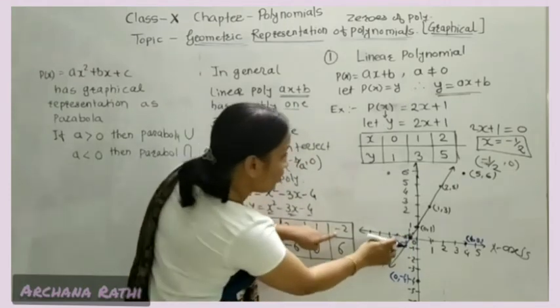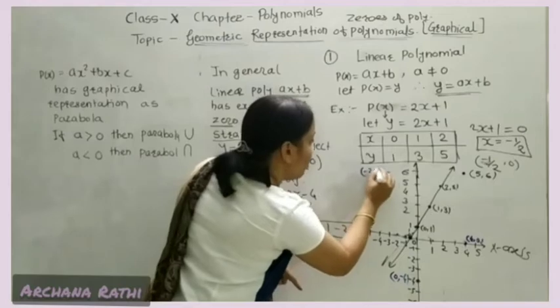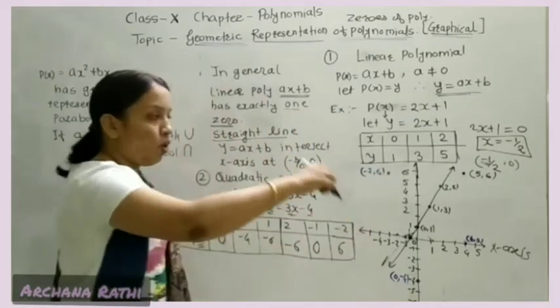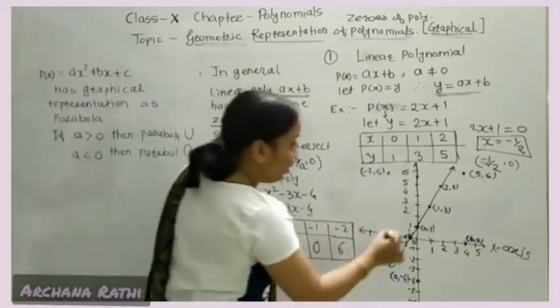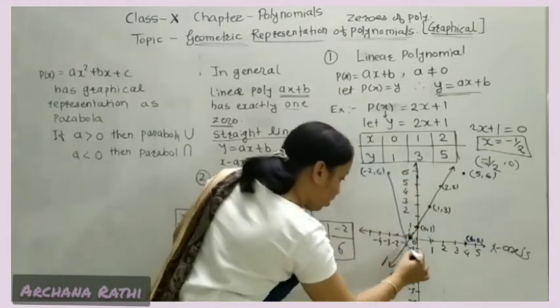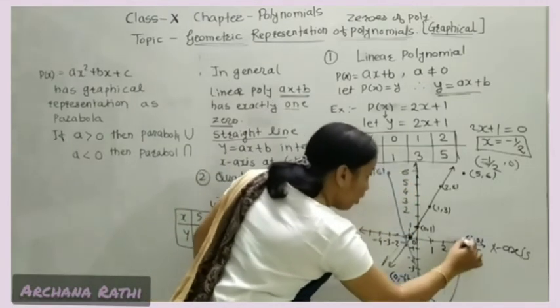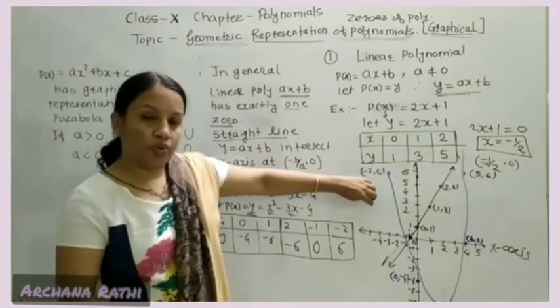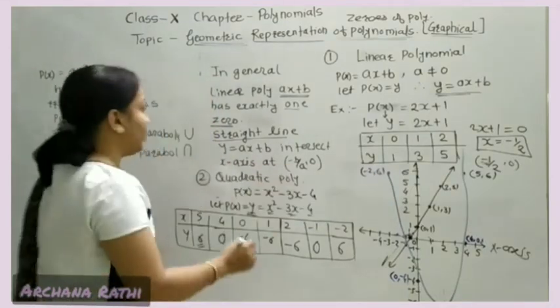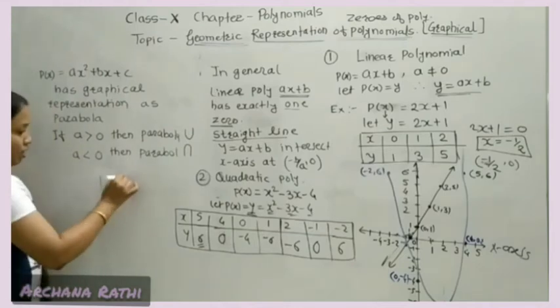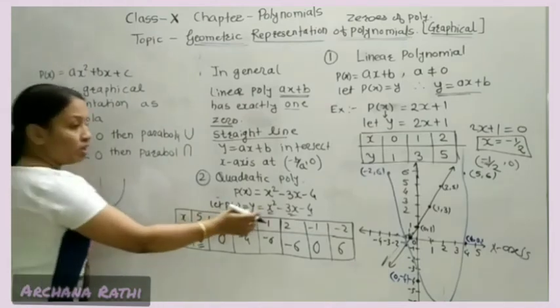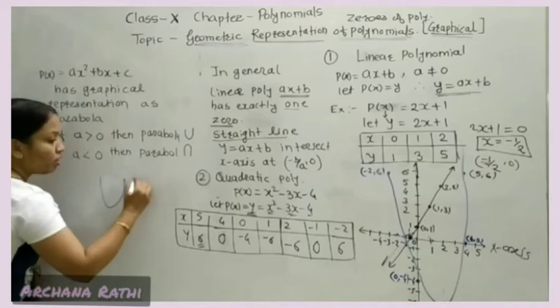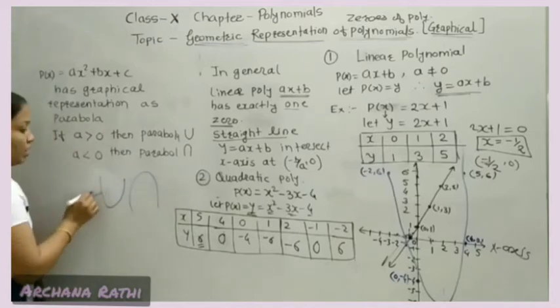Minus 2 and 6. And if you join all these points freehand, you will get a curve like this. It is not up to scale. If you draw it up to scale, you will get exactly this shape. For this polynomial you got a shape like this, and these shapes are called